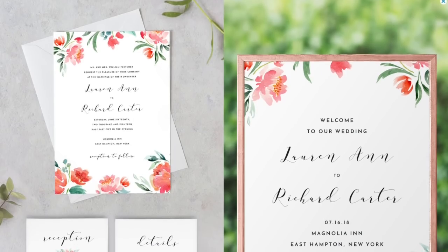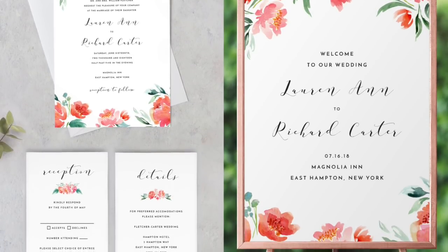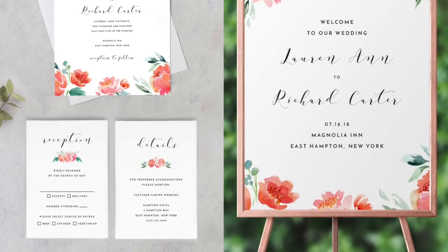And the details card is a reception card, as well as the poster. I don't have the poster here because it's too big. Goes so well with it. I think that you can even carry this over into the theme of the wedding, you know, with decorations and things like that. Then I have a classic invitation, which is more so what I did for my wedding,